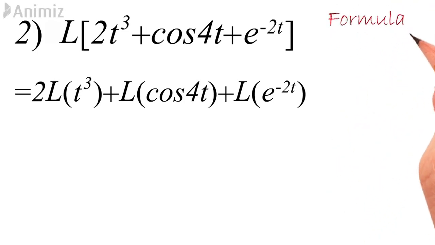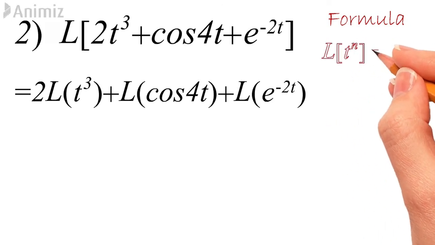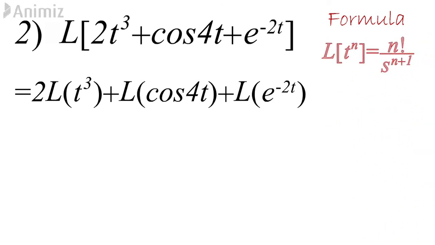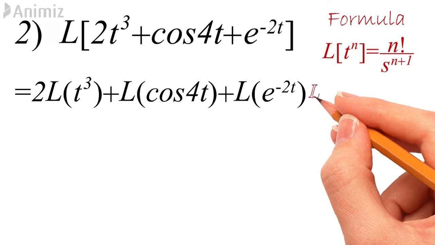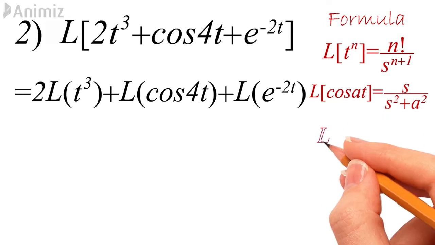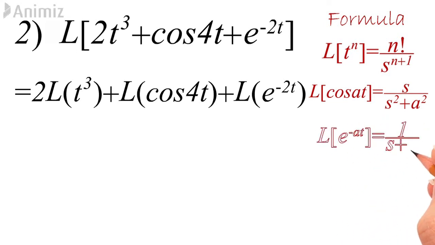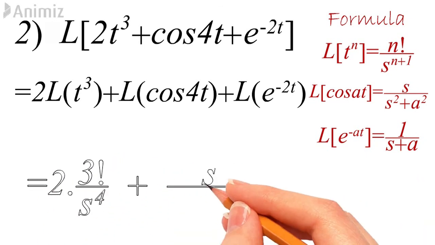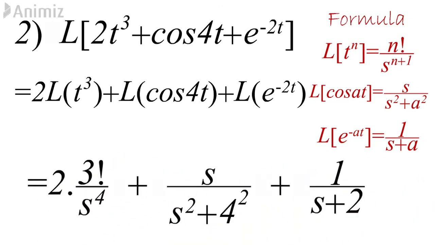For Laplace of t cube, we will apply Laplace of t raised to n is equal to n factorial upon s raised to n plus 1. For cos 4t, we will apply Laplace of cos at is equal to s upon s square plus a square. And for Laplace of e raised to minus 2t, we will apply Laplace of e raised to minus at is equal to 1 upon s plus a. We will get 2 into 3 factorial upon s raised to 4 plus s upon s square plus 4 square plus 1 upon